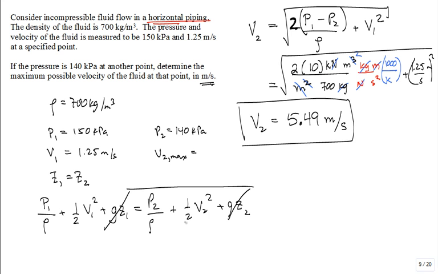So there you go, 5.49 meters per second. Torricelli's equation. You have Bernoulli's equation. You also have another equation. Sometimes it's called Torricelli's equation. Let's start this problem. I have a tank that's going to hold a fluid, but near the bottom